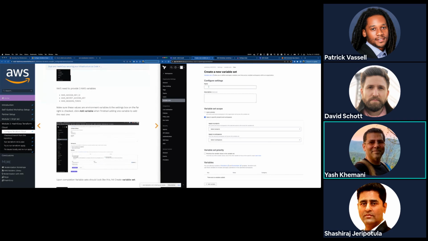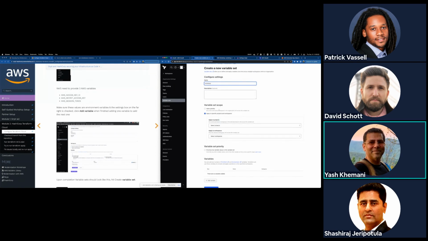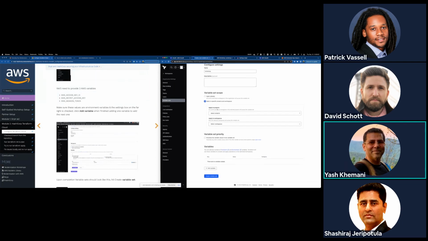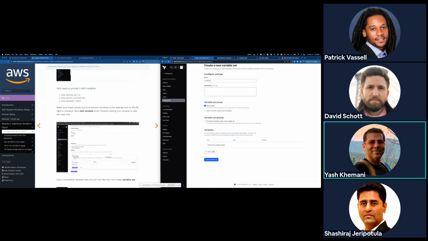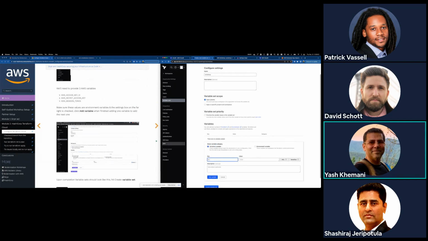Let's give this a name. I'll call this workshop. We can apply this variable set globally to all workspaces, or we can specify a project or a workspace to which we're going to apply it. Let me say apply globally, and then I'll add the variables.